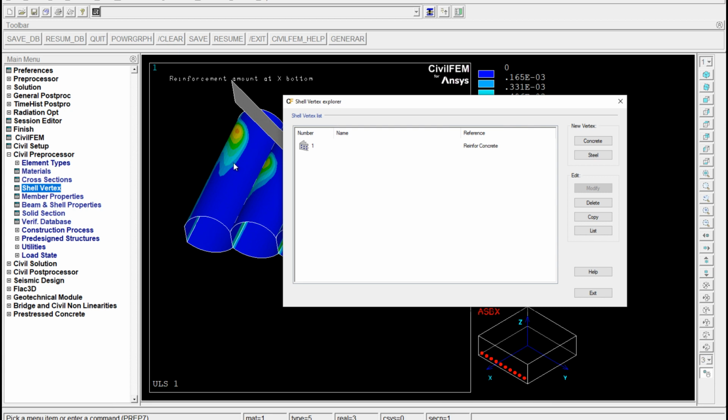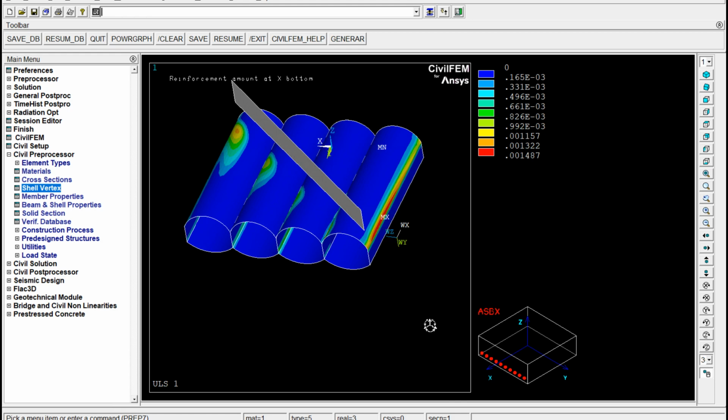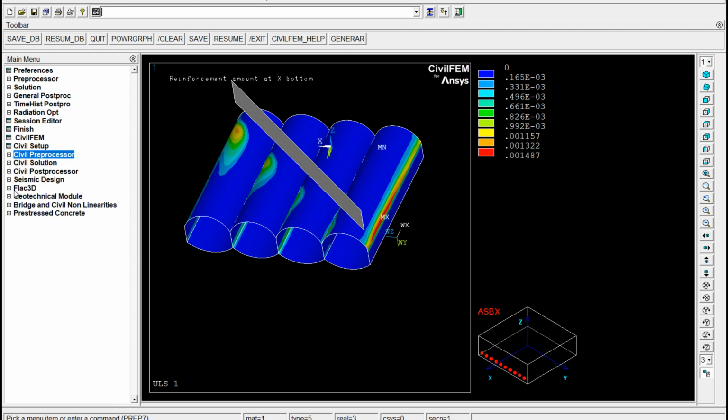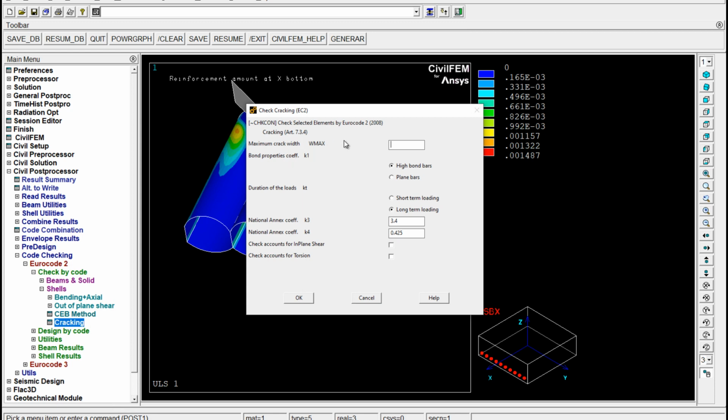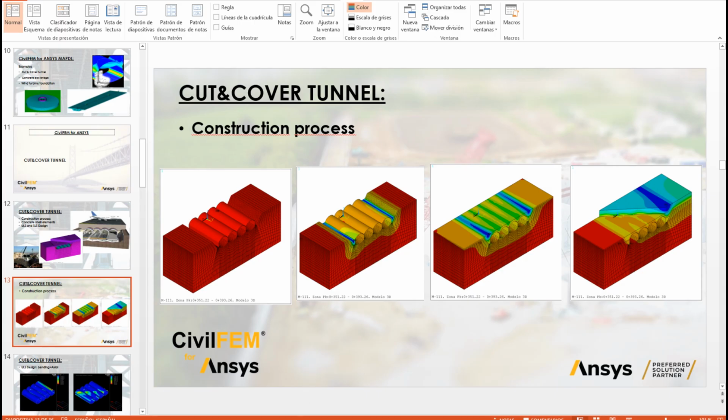So after defining in the model reinforcing groups that fulfill the reinforcing amount that we have calculated, then we can perform the serviceability limit state, that is cracking checking. Then the steps are reading the serviceability limit state combinations and performing cracking checking. So here in the check by code, cracking checking, we define an allowable crack width. In this case it is 0.3 millimeters, and we perform a cracking checking according to the active code. So if we go back to the slides,